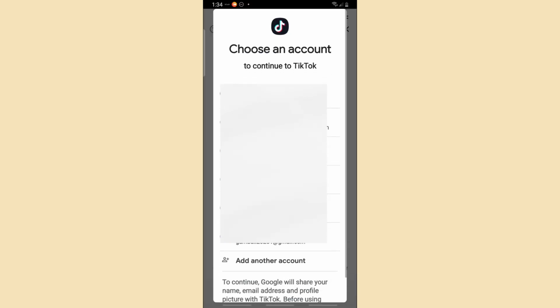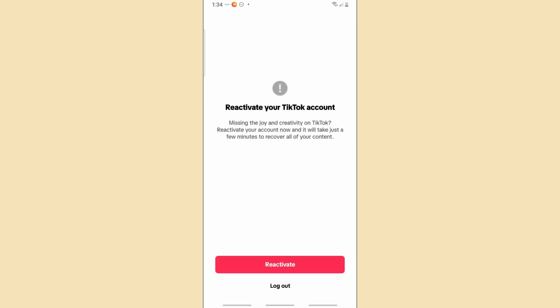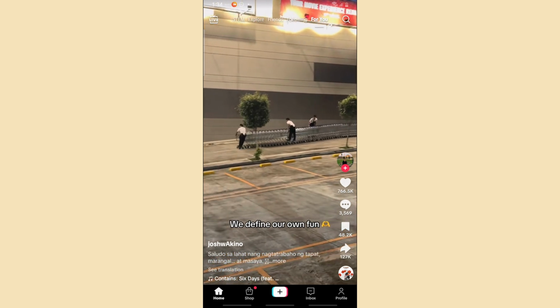And over here, of course, just simply sign in to your account that you want to reactivate. And now automatically, as you can see, you will have a pop-up over here that reactivates your TikTok account, and you will have an option down below to reactivate your account. So just simply select reactivate to proceed with this process,